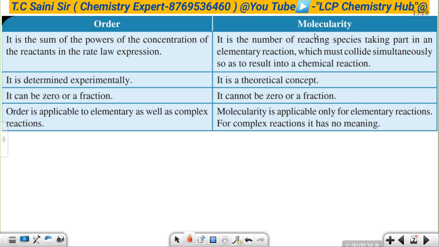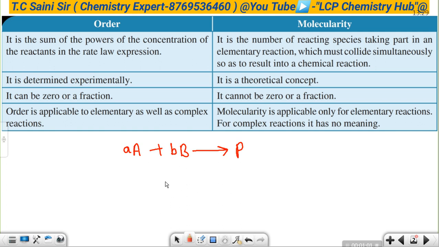Consider a hypothetical reaction in which A and B are reactants which are converted into a product, that is P. And here small a and small b stand for the stoichiometric coefficients of the balanced reaction. For this reaction, what is the rate of reaction?